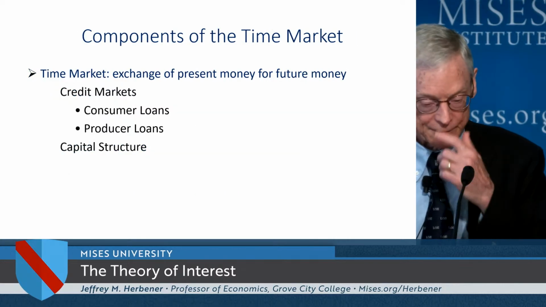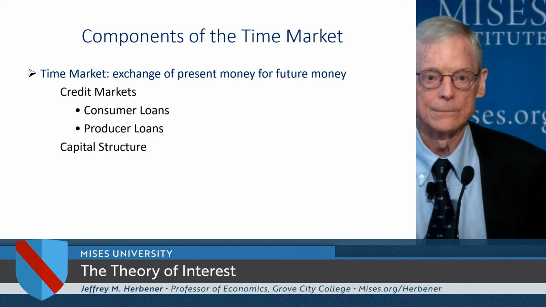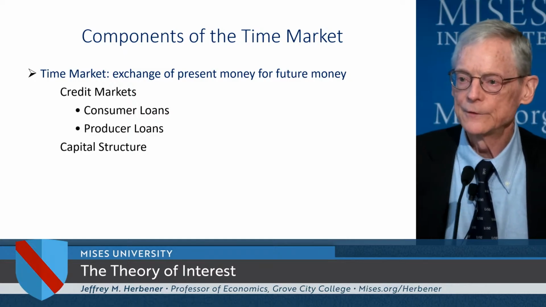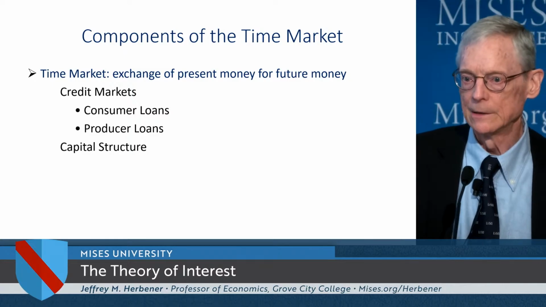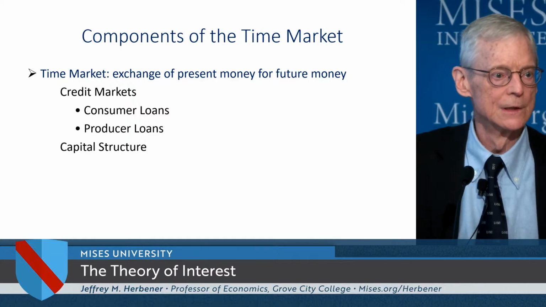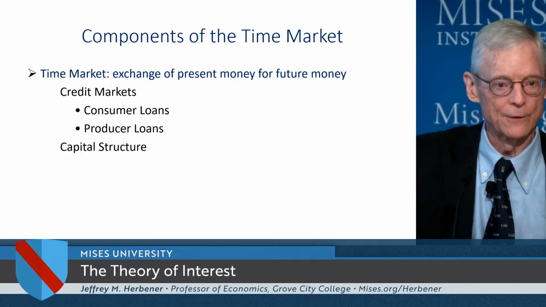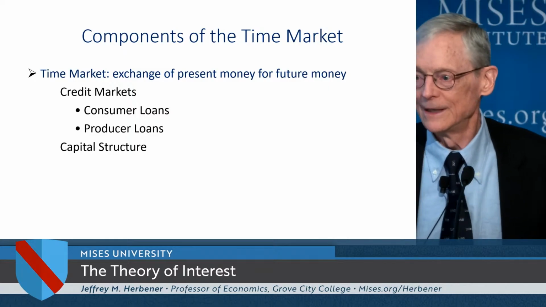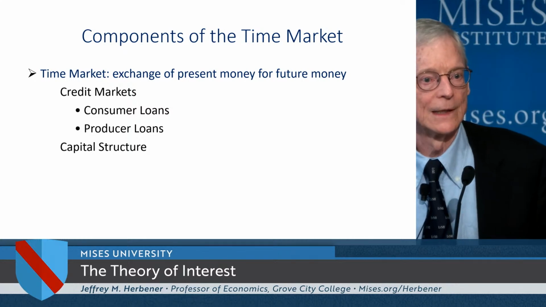Now, the last topic we want to take up quickly, at least introduce you to this, is what Murray Rothbard likes to call the time market. So he defines it this way. He says the time market is all intertemporal exchange of money. So any time a person engages in an intertemporal exchange of giving up present money in order to get money in the future, that would be part of the time market, and therefore it would command a rate of interest. Right? That kind of investment would earn interest as a rate of return.